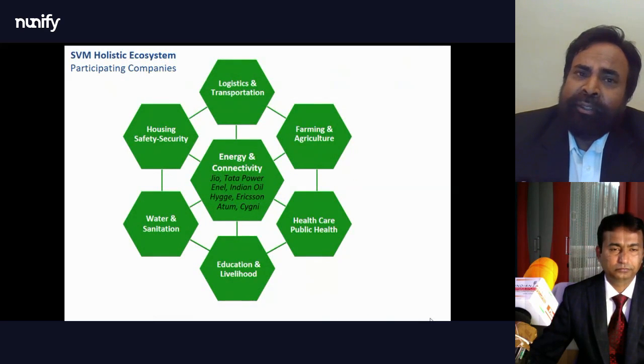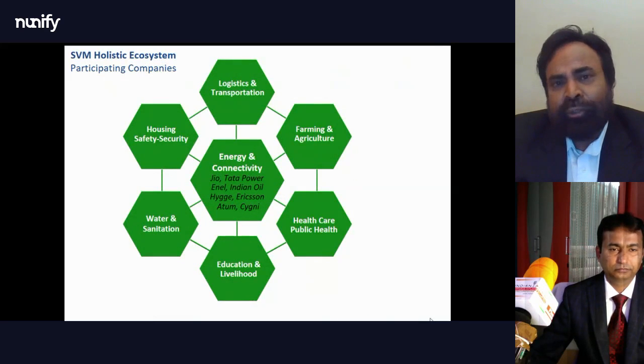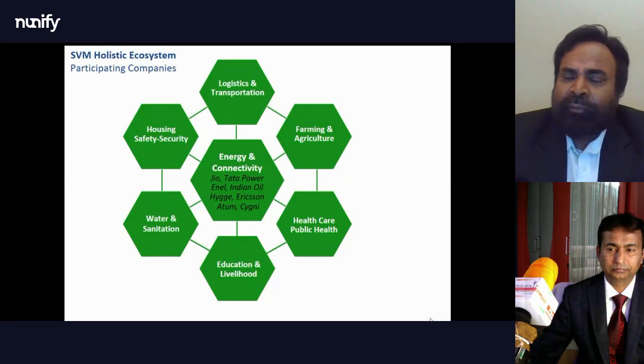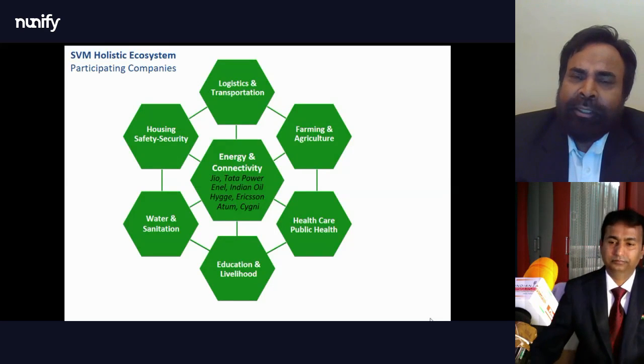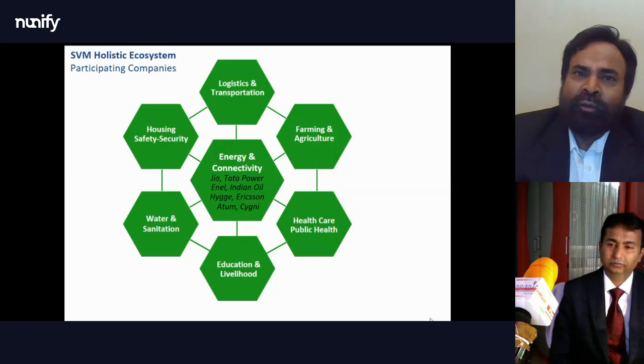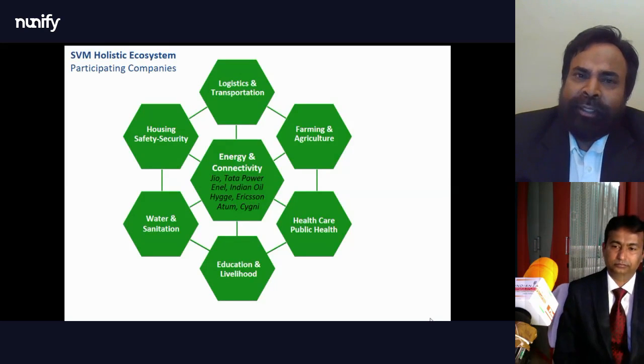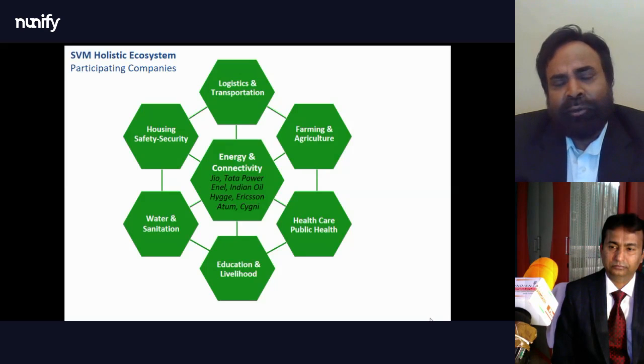So we believe in this ecosystem approach, which means if companies work together, right, and in all of the verticals, but we need one thing in the middle, which is energy. We need connectivity. Once you're connected as a nervous system with everybody else, and once you have energy, then all of these other things work. Farming works, healthcare works, education works, water and sanitation, housing, logistics and transportation, all of